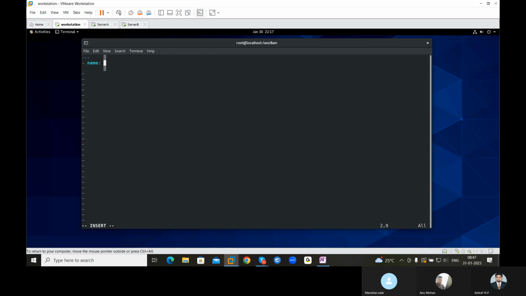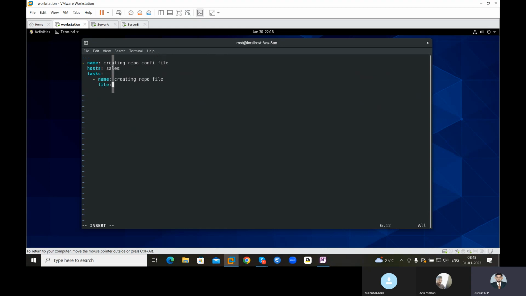Creating repo config files. Okay, and I'll say hosts sales department. Task: the first task is for creating the repo file.